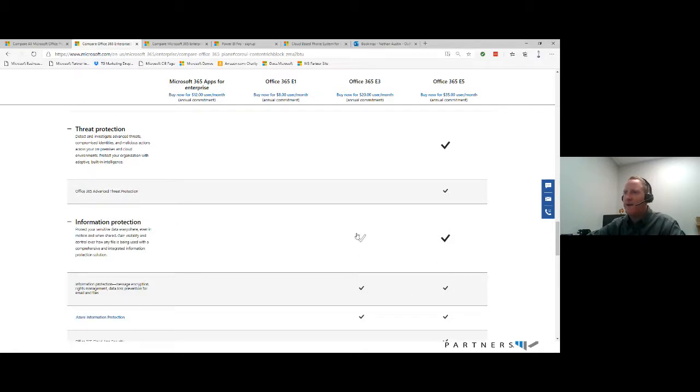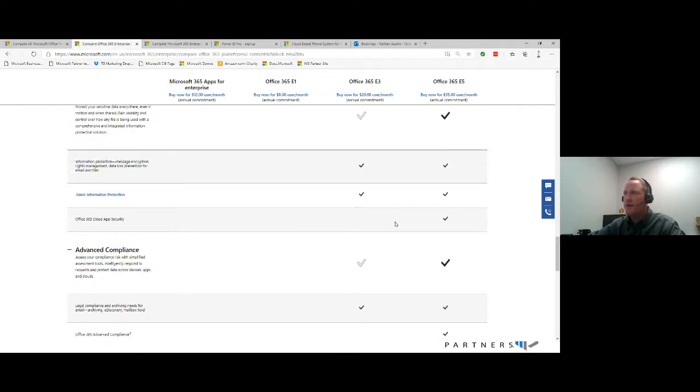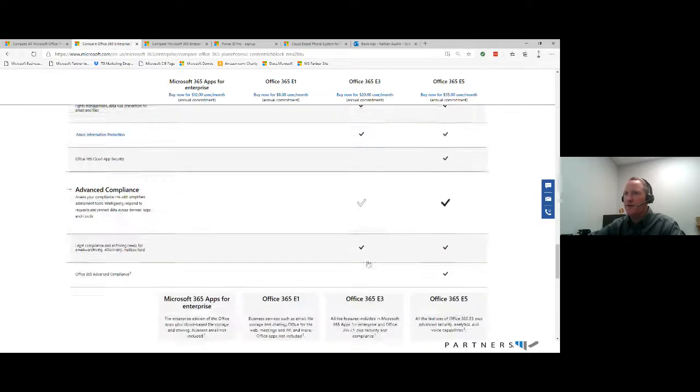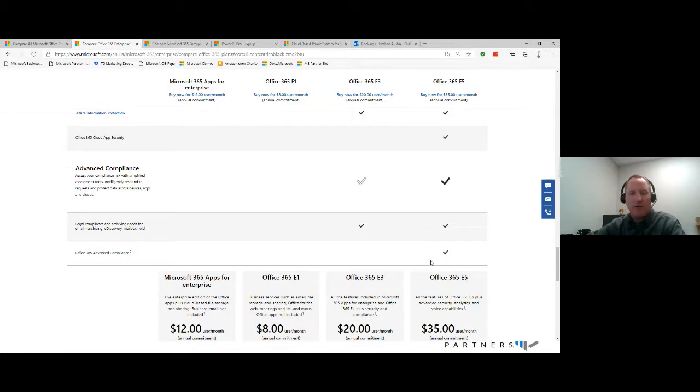Notice it's not included here. This has some partial inclusion, but the app security is fully included here. There's just additional security and more granular controls that exist in the E5 plan. So that's where we have found that clients of ours who have gone this path, it's because they started oftentimes